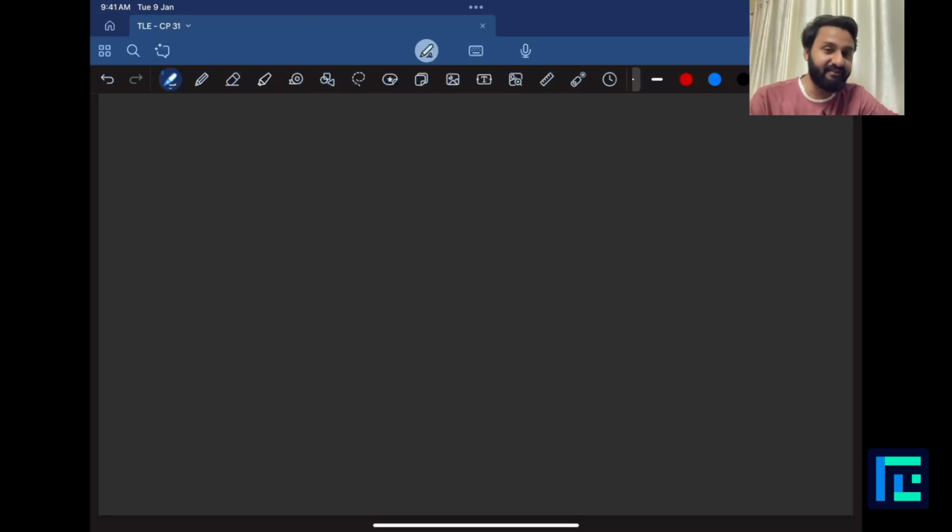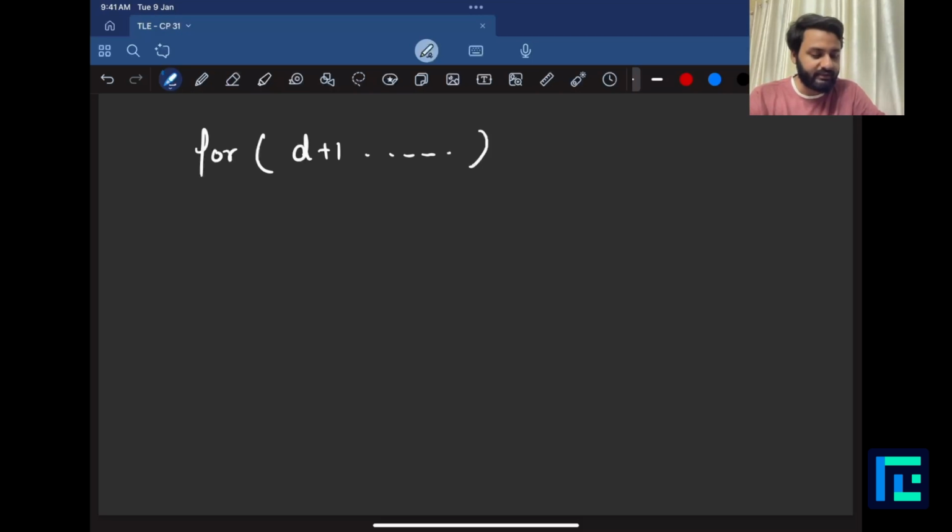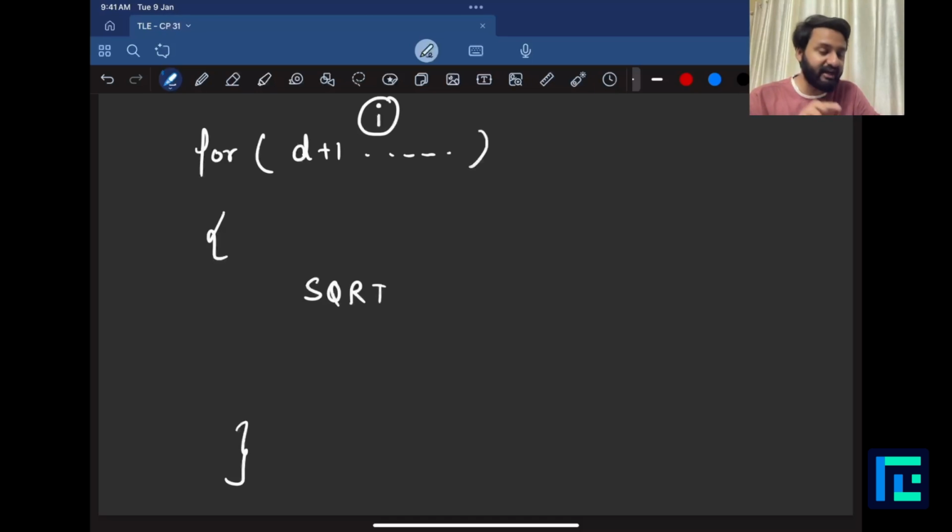Okay, this is actually a very, very fun part. I can actually argue that brute implementation works. What do I mean by brute? Basically, you're looking to find the first prime that is greater than or equal to D plus 1. Then the next best prime that is greater than or equal to D plus P. So I write a very simple for loop that starts from D plus 1 and goes on and on, let's call this an I iterator. Inside this, I can call a very popular sqrt method to check whether I is prime or not. And as soon as I find I to be prime,